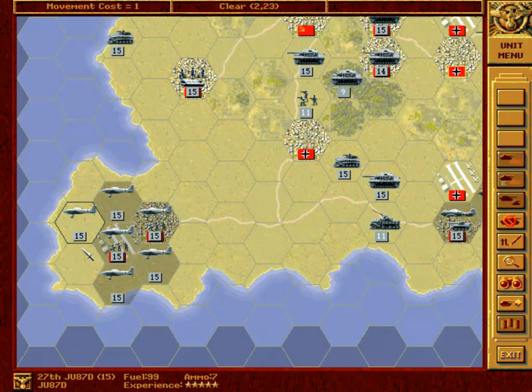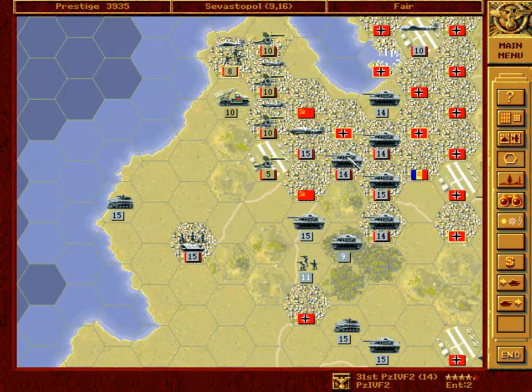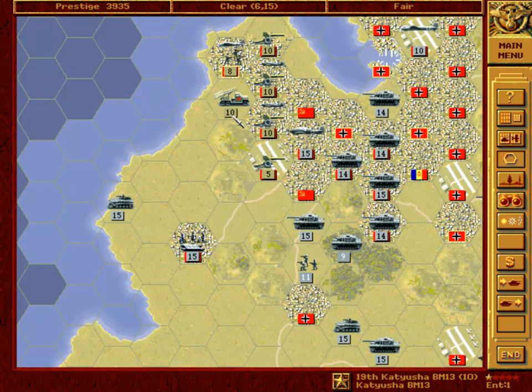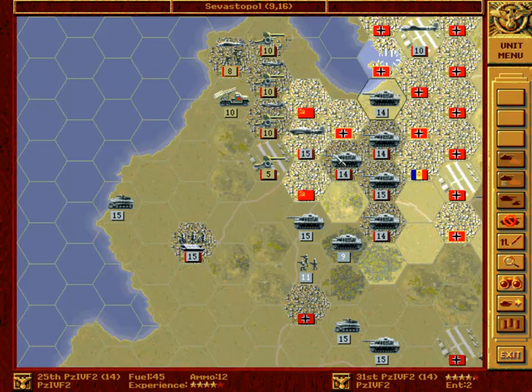Here we'll just fly around a little bit. Okay, so is this Katyusha a threat to us? Don't think so. Has a hard attack of 6. Still, I wouldn't mind getting to it, but first, okay, the obvious, let us get rid of this anti-tank gun